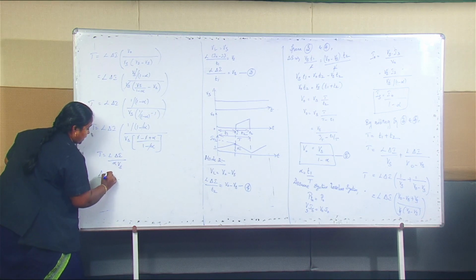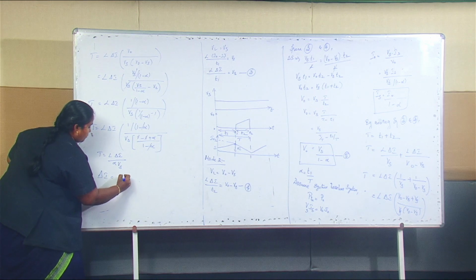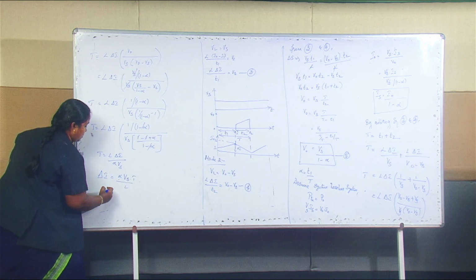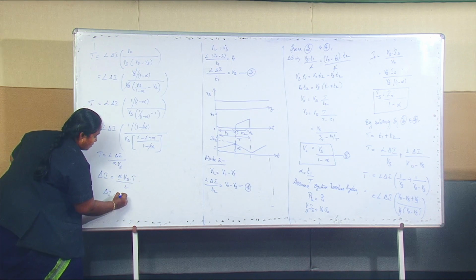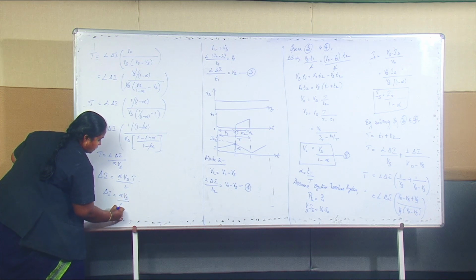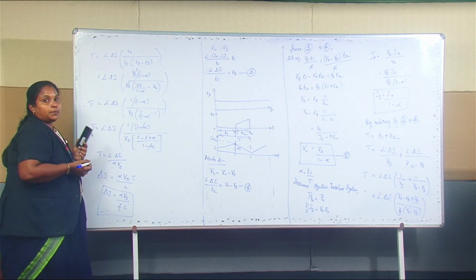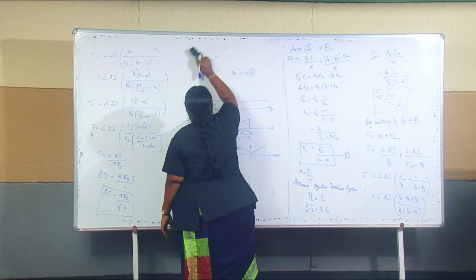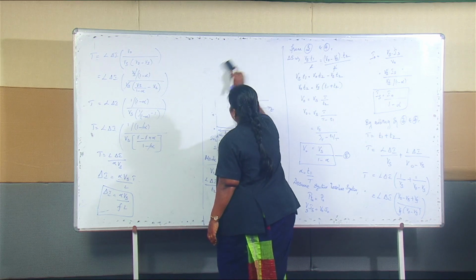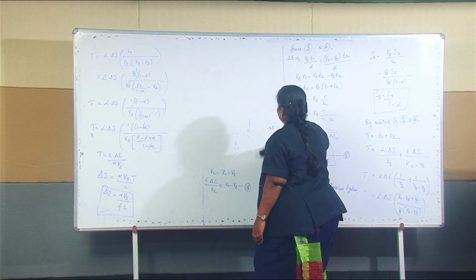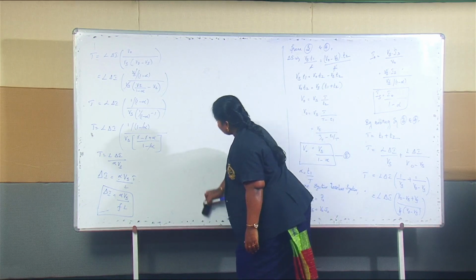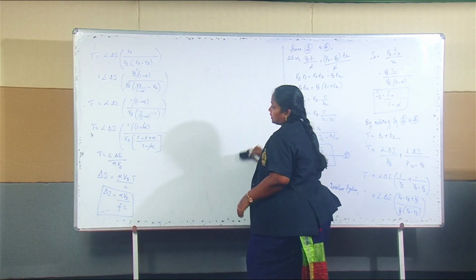From this, your del I is equal to alpha into Vs into T by L, or your del I is equal to alpha into Vs by F into L. This is the expression for a ripple current across an inductor. Next, last and final expression,